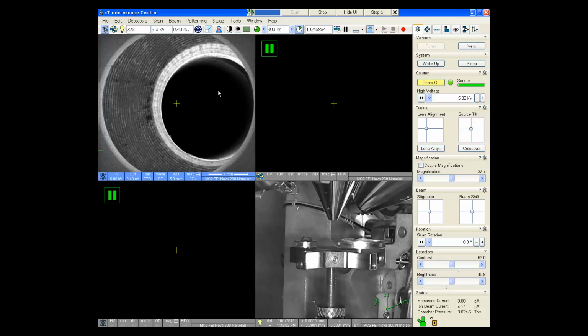And by that I mean check your source tilt and your lens alignment, and we'll get into that a little bit later in this tutorial. But if the source tilt is too far off, you may not get an image at all. In this case, we do have an image, so our next procedure is going to be to move the stage